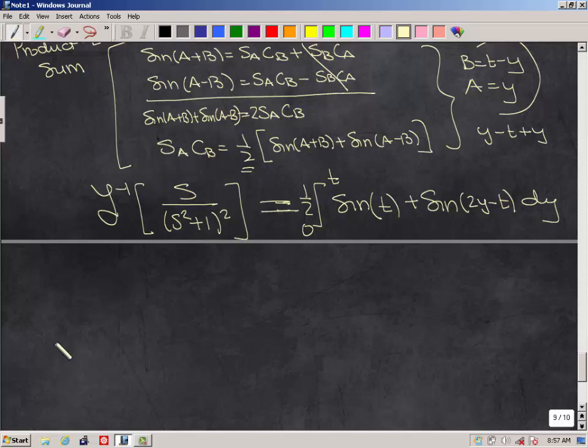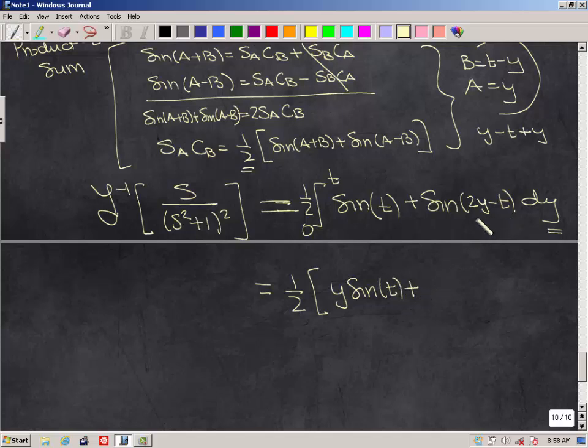Alright, so what do we do next then? We integrate term by term. So let's do that. We're integrating with respect to y. Okay, so we get 1/2. The integral of this will just be, this is a constant now because there's no y here, so it'll just be y sine of t